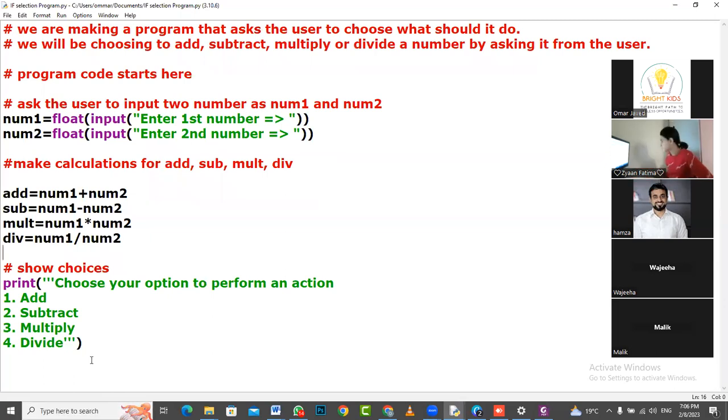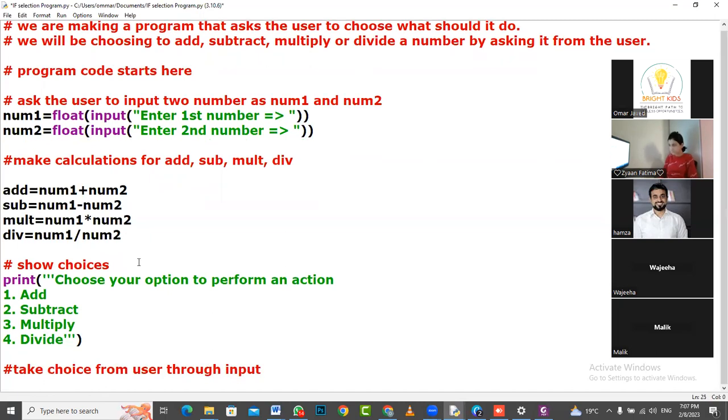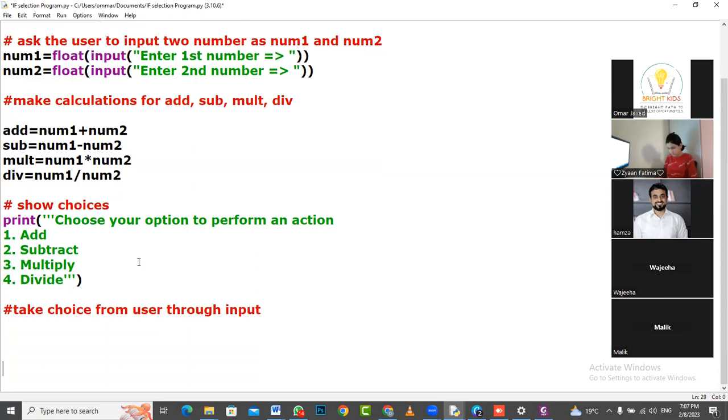Now we want the user to enter an option, right? So what do we do when we want the user to enter an option or when we want the user to enter something? We use input again, right? So take choice from user through input. So this is the next what we will do. So we are going to take choice from the user through the input. So we are going to write choice equals